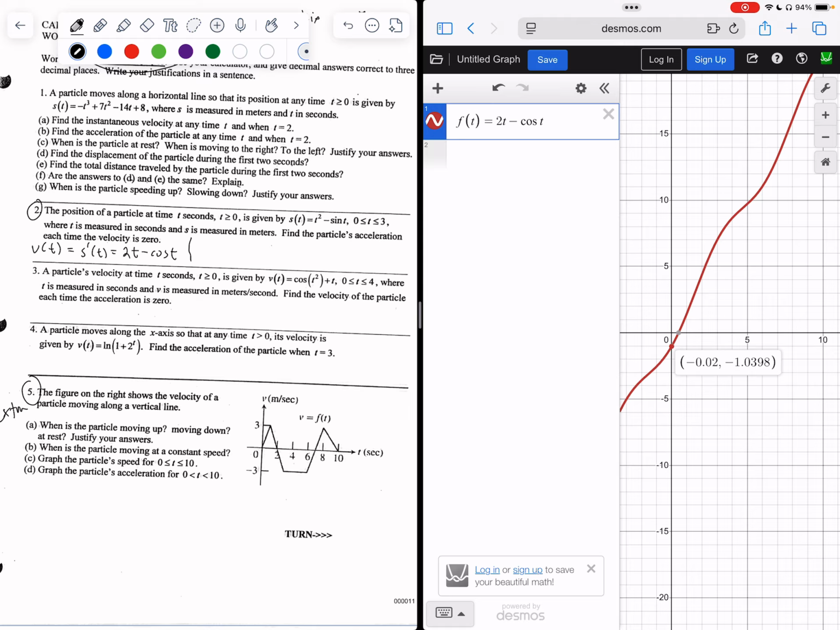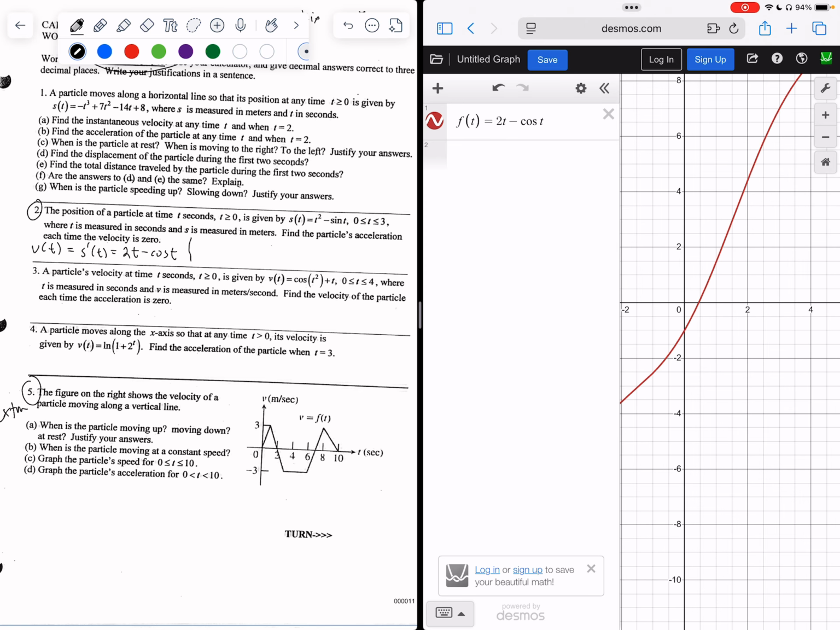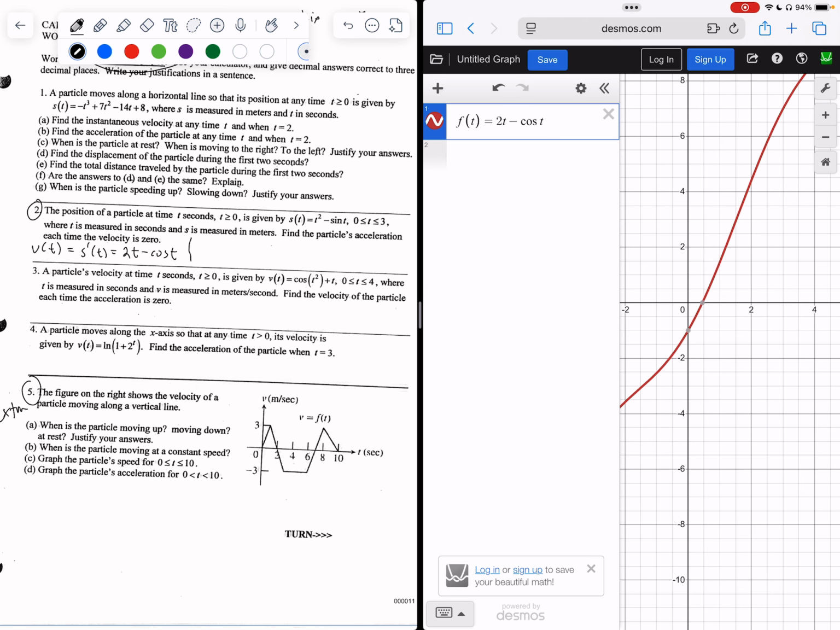If we notice on the graph between 0 and 3, we only cross the x-axis at one point. And that's where I want to find. So remember, this is my velocity graph. So I know the velocity is 0 on the x-axis, and I can just rest on that little gray dot. The velocity is 0 on the x-axis at